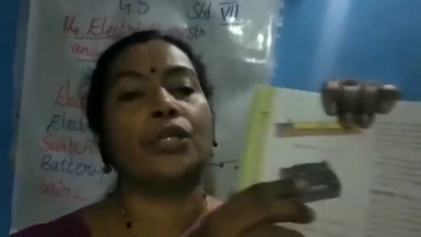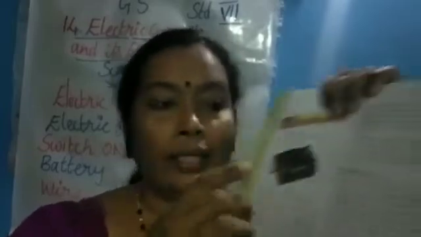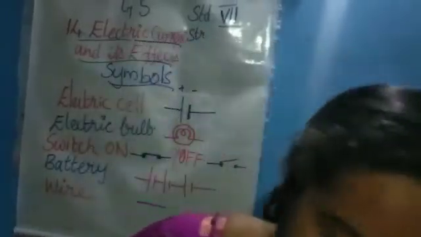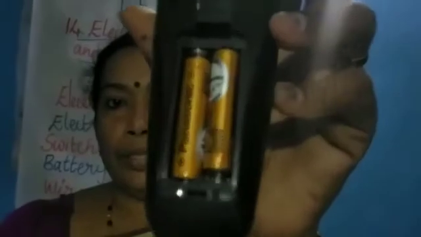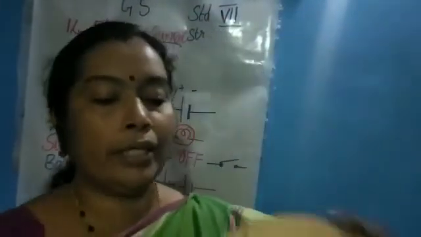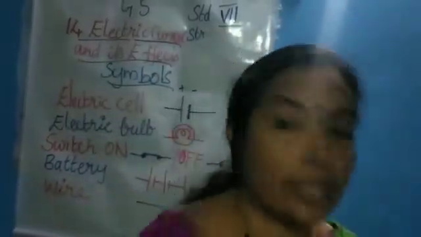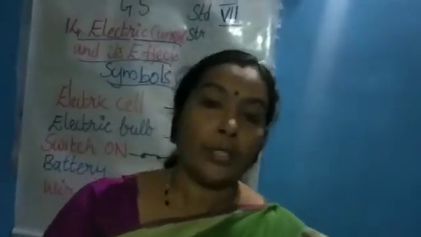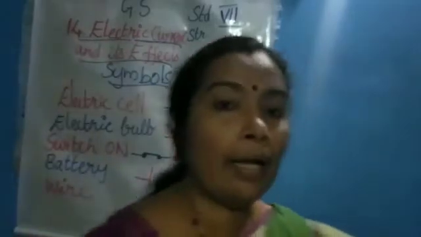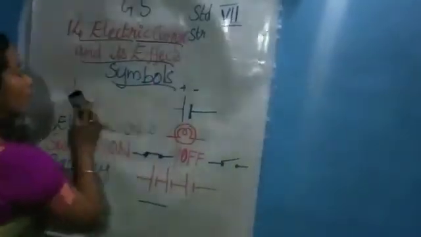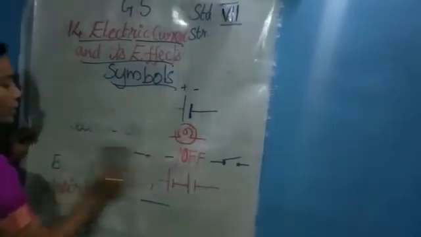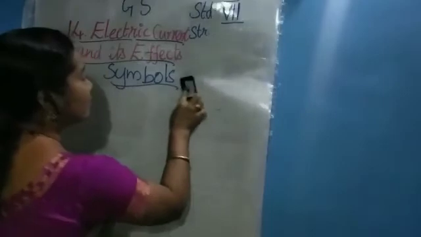See, this picture shows the battery holder, like the same one we have in the TV remote, isn't it? Otherwise in this one, it is a single cell holder. In some electric toys, you may see this battery holder. So now we have studied these symbols. By using these symbols, let me try to draw the first game arrangement. Shall we try? Let me try, students.